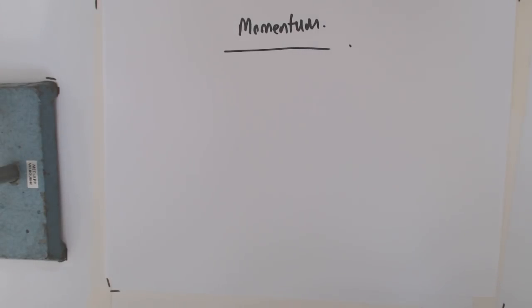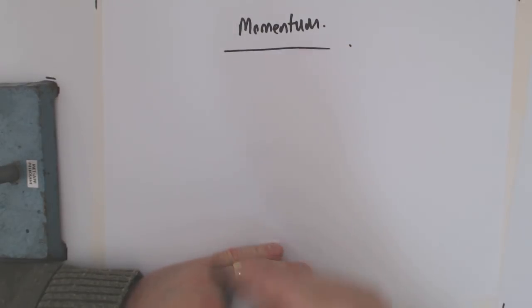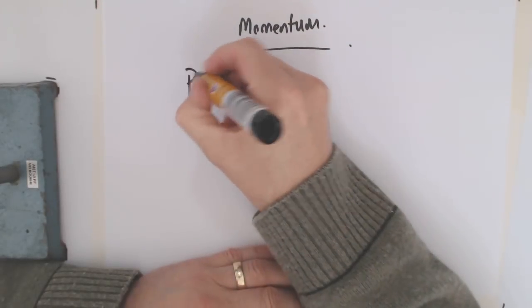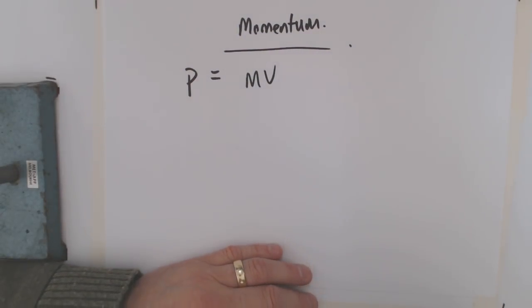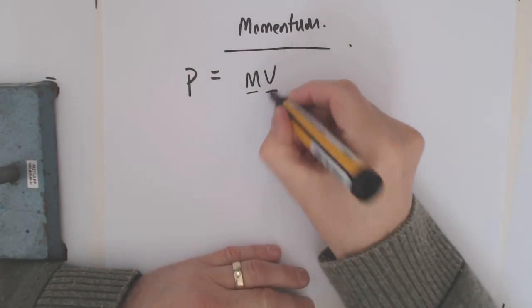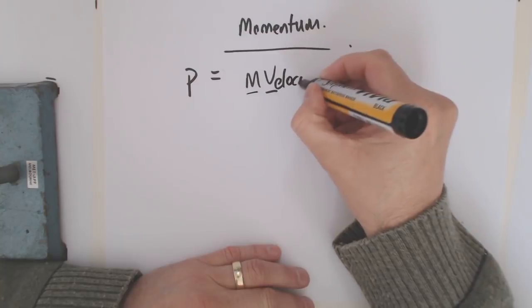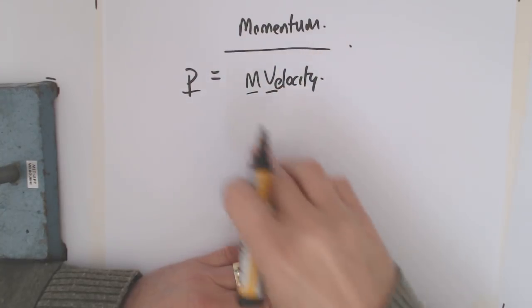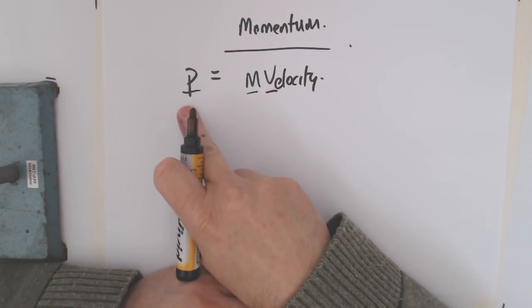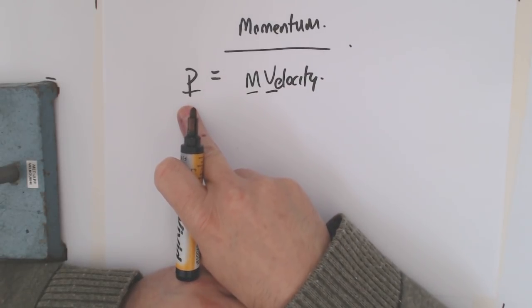What I want to look at here is something called momentum. People up to this stage may have used the expression sometimes, but you now need to know exactly what it is, and it's quite easy to define. It's mass times velocity, and the symbol we give it is p. Mass is just a number, right? v is velocity, so that is a vector. So if you multiply a vector by just a number, you get another vector. So momentum also has a direction.